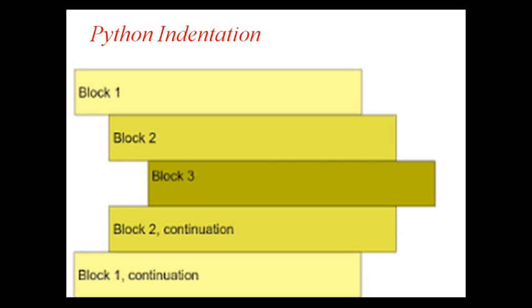Next is Python indentation. Indentation is the most important thing in Python, as we are not using curly braces in Python. So in Python programming, a group of code or statements is arranged in an individual block. Each block can be separated with indentation, like this one. Each block is shown by indentation, like this block, then a particular sub block, then another sub block, then the end of this block.